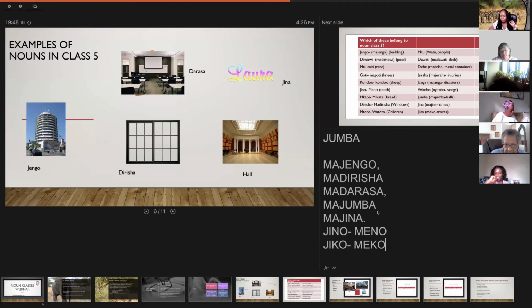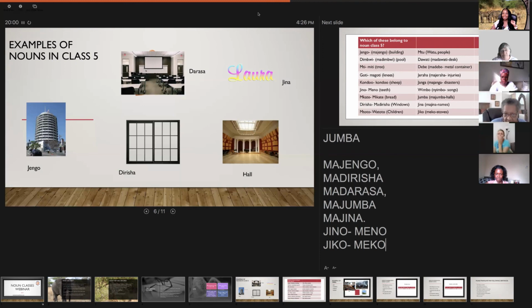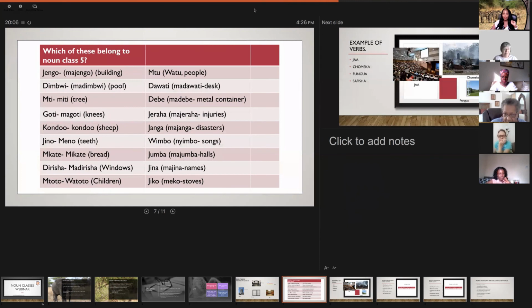So up to this point, do you think you can pick out nouns that belong to this noun class from a random pool of words? You know what? I think so. Okay, so that's excellent to hear because this is what we're going to do now. So what I'm going to do